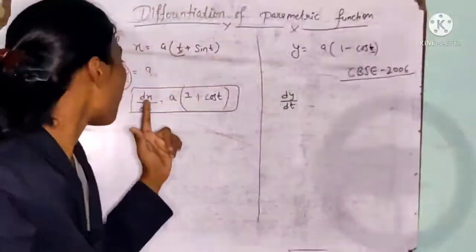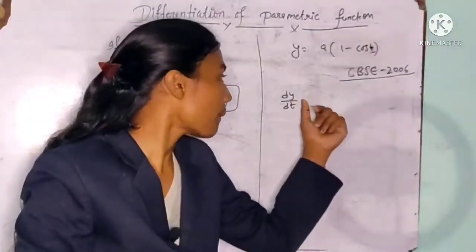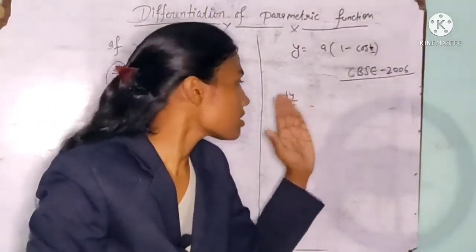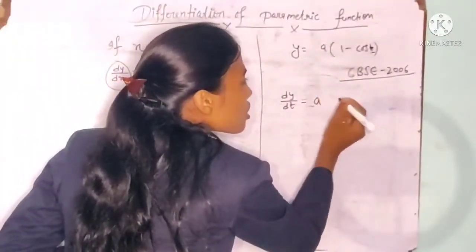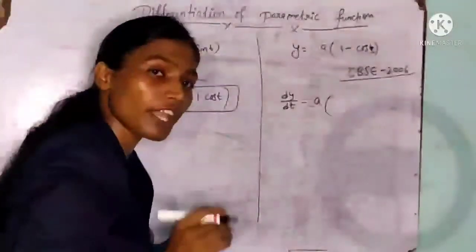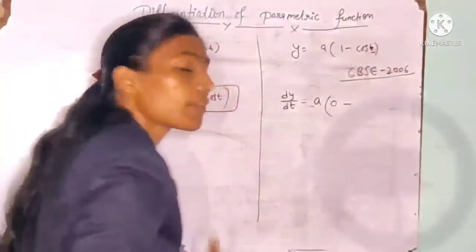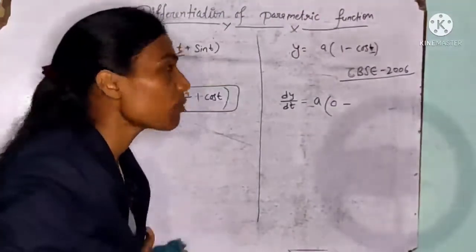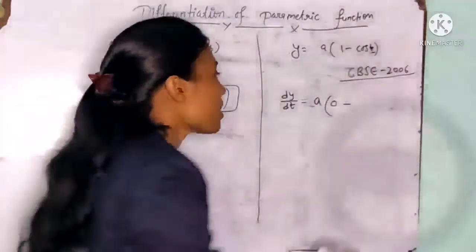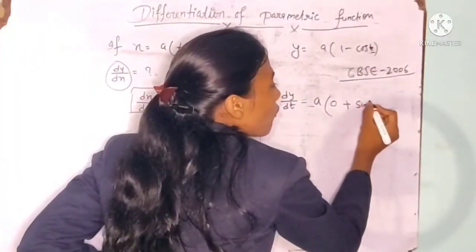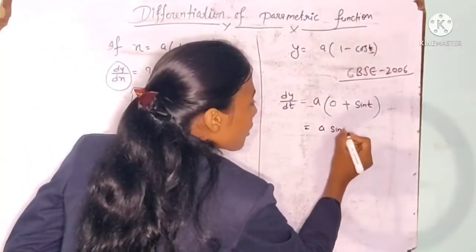First we find dx by dt, the differentiation of x with respect to t, and next we come to find dy by dt, the differentiation of y with respect to t. Same rule applying here. A is constant, so I am taking it out, and the differentiation of any constant with respect to anything we will get 0. Minus, the differentiation of cos theta, a standard formula, we will get minus sine of theta. Already we have a minus here, so minus minus gives plus. So sine of t.